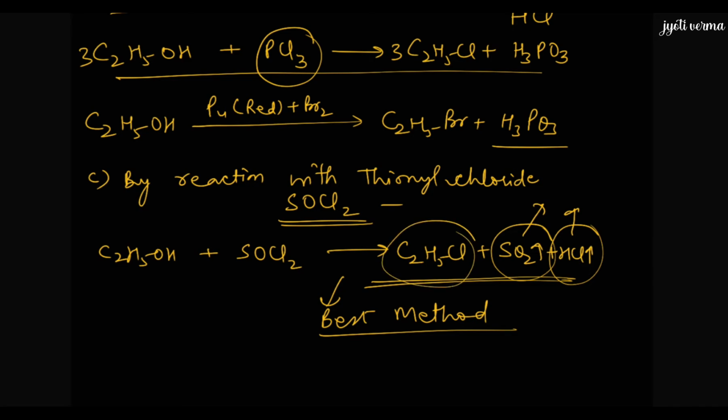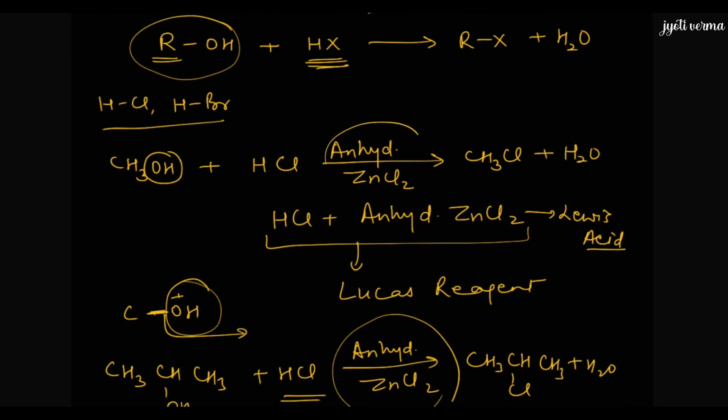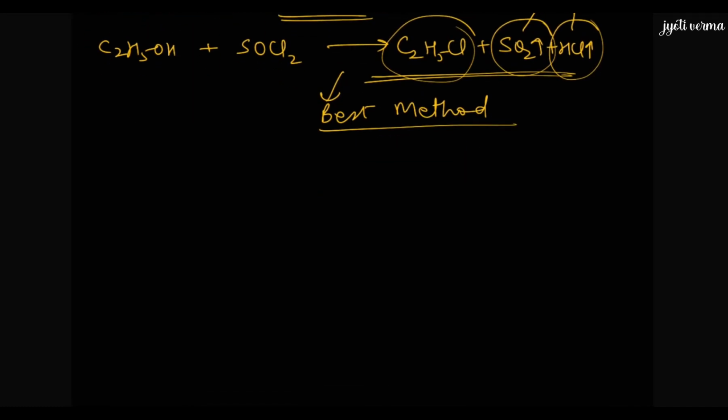So these are important questions. What are the important questions? Like here, why is this method considered the best method? Why is the preparation of chloroalkanes using thionyl chloride with alcohol considered one of the best methods? The question can also be like this: what is the role of anhydrous ZnCl2 while we prepare chloroalkane from alcohols on reaction with HCl? This type of question, we should know how to answer. Now we are starting with the next method.